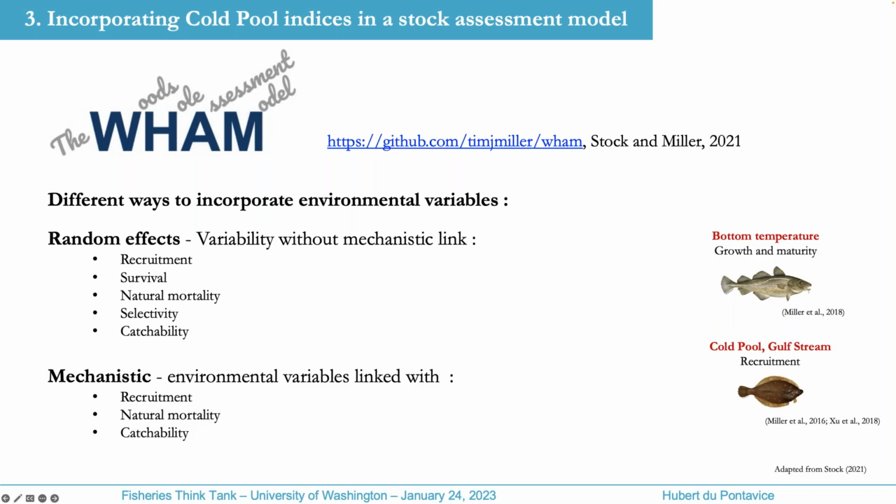The second way to incorporate environmental variables is mechanistic. So you can directly estimate an effect of an environmental variable on the population dynamic process. So environmental variables can be linked with recruitment, natural mortality, or catchability. Tim Miller and colleagues published some examples using WHAM in which they mechanistically incorporate